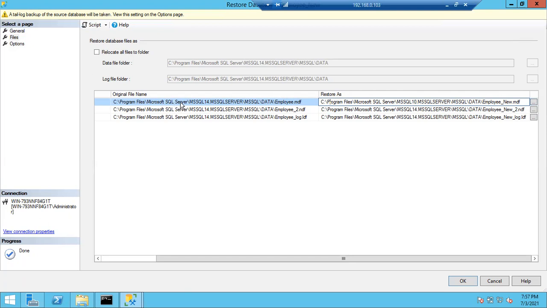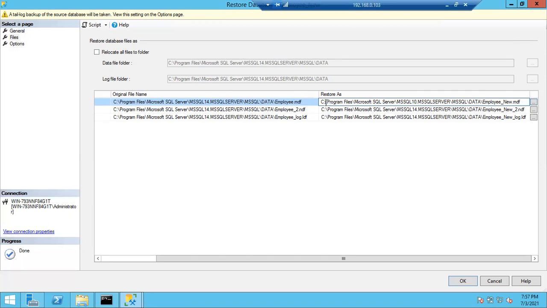That doesn't mean try to create the original file name or path; don't create the paths. There is another way to fix the issue. Imagine in the source server the data files are stored in an E drive. In the destination server there is no such drive, E drive is not there, something like F drive and L drive is there. How are you going to deal with the situation? Don't ask the Windows team to create an E drive for your restoration. You have to change the path from E drive to L drive, that's it.